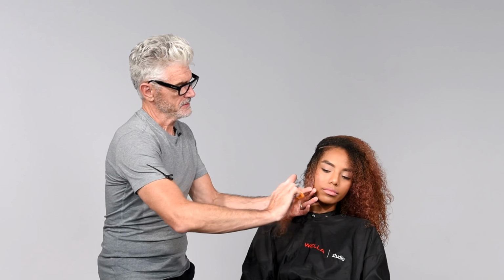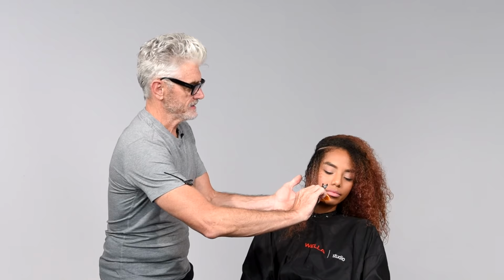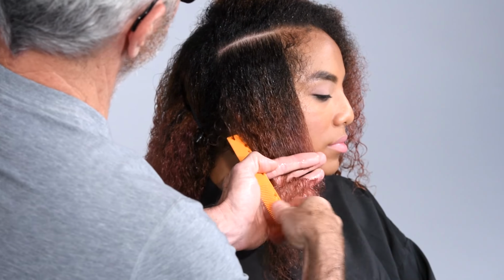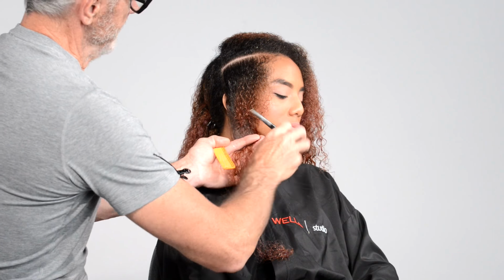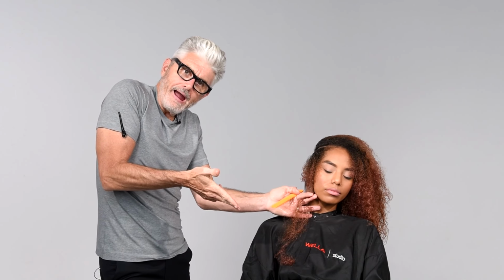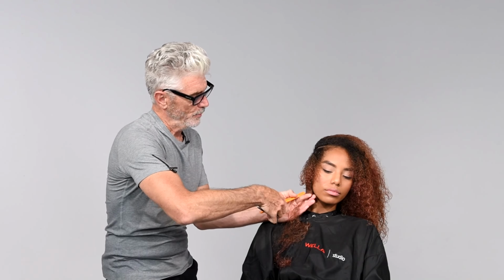So my second section here is identical to the first section. I'm over-directing slightly forward the same amount, and I'm using the same amount of tension. The only difference is with section number 2, I'm just elevating the hair a whisker more. So just lifting that out just a tiny, tiny bit more than the previous section. What's important is that my